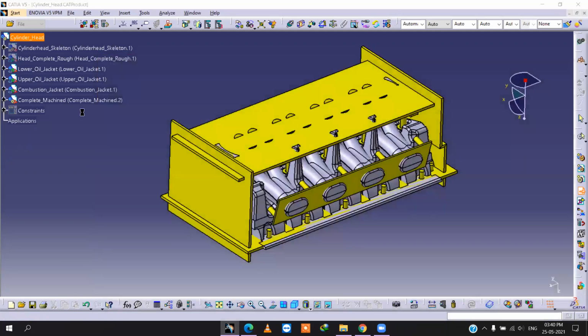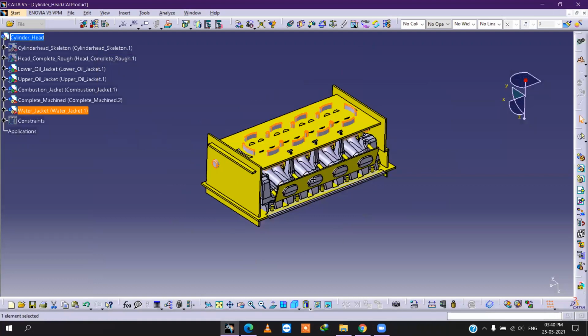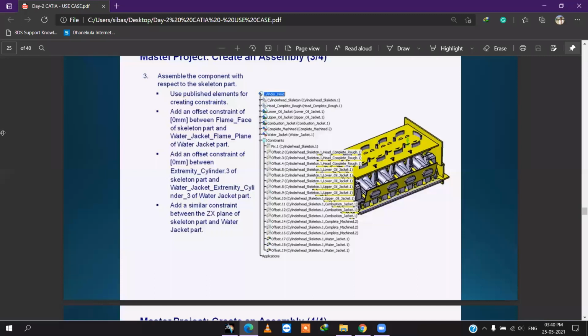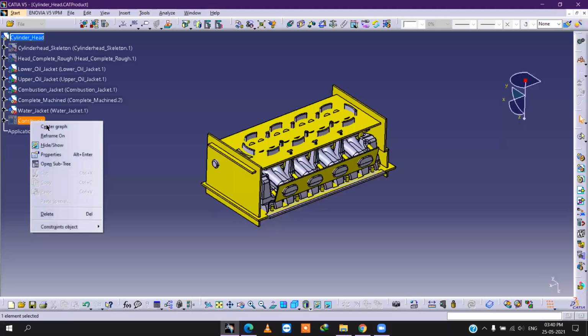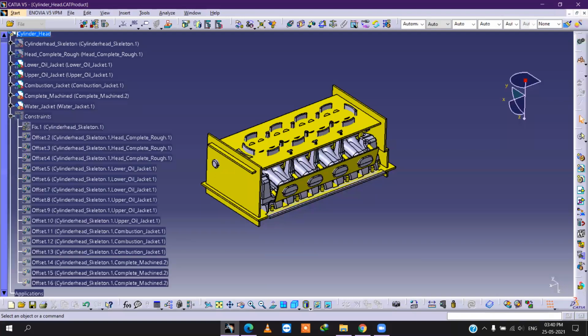See, it has come. After this, you have to assemble up to 16. It has given constraint. Up to 16, it is given constraint. 17, 18, and 19, we have to give.